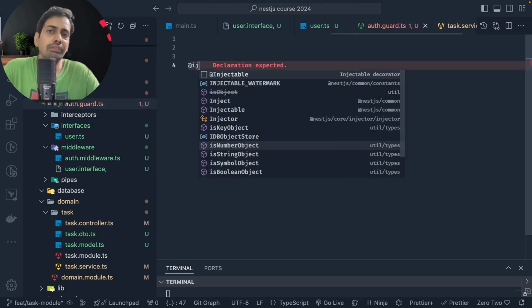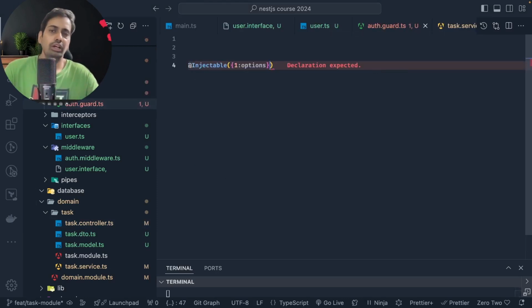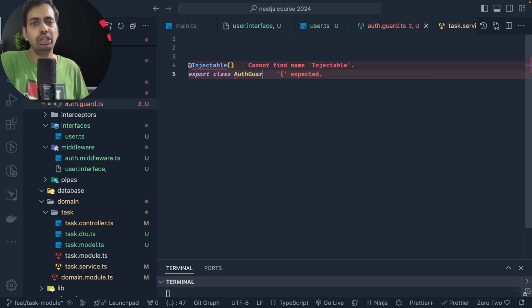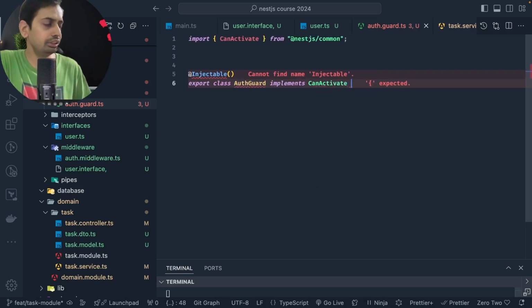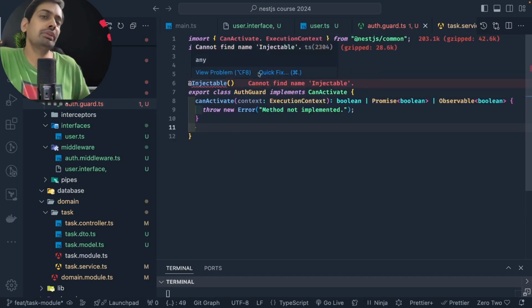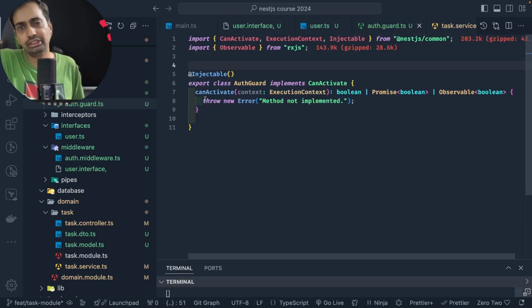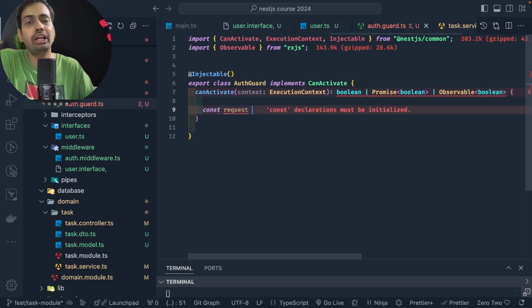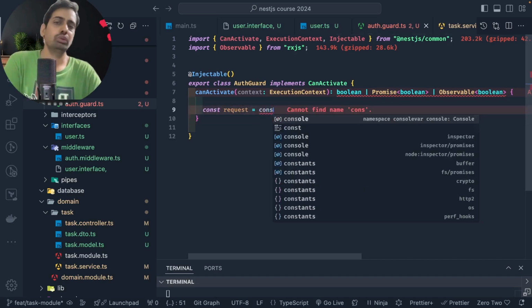Now after this, we can also create a guard. After the middleware, the second thing which comes into execution, the middleware executes first. अब middleware ने next call कर दिया, मतलब middleware ने whatever we need to check कि user authorization header pass कर रहा है. We can also validate the authorization header. उसके बाद guard का आता है. At a guard we can do fine-grained request permission checks. देखो और middleware का काम है कि request user को with the basic things check करना कि authorization header है and the token is valid.